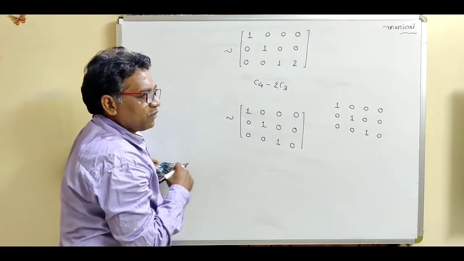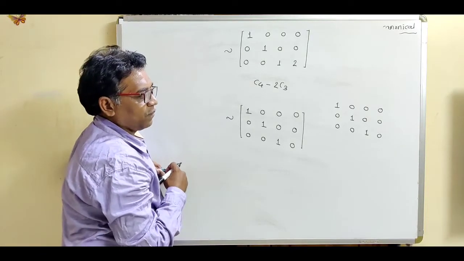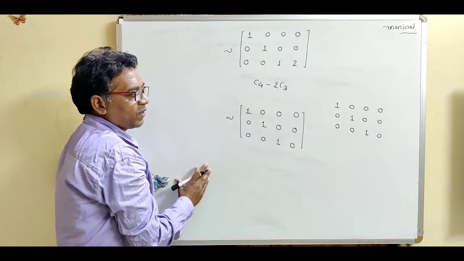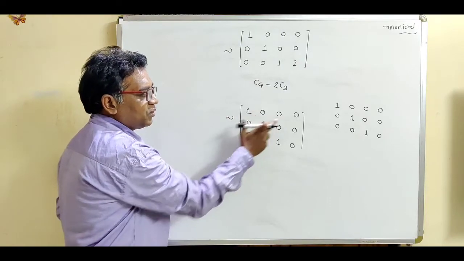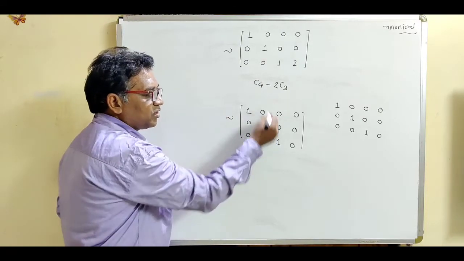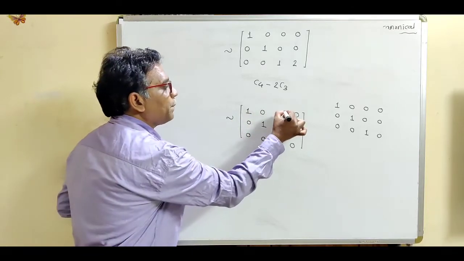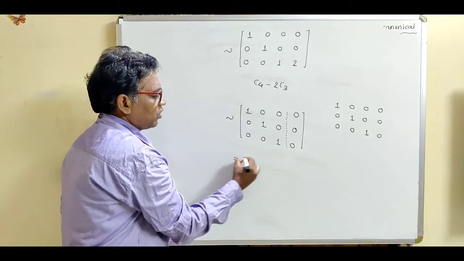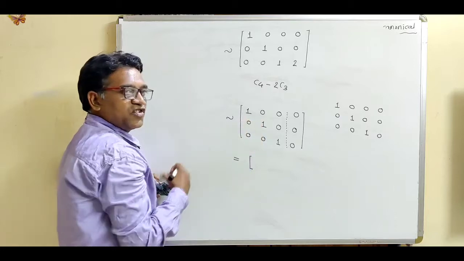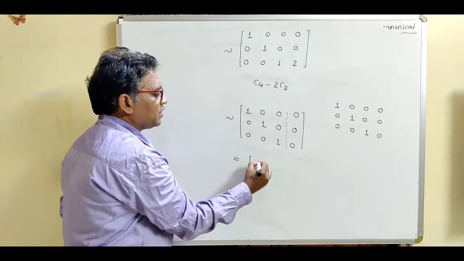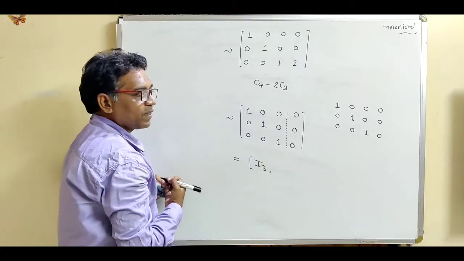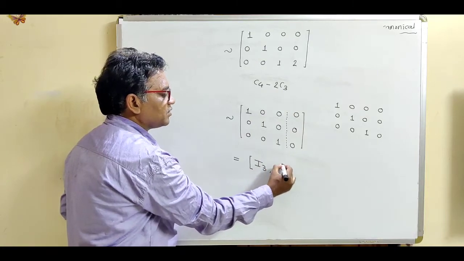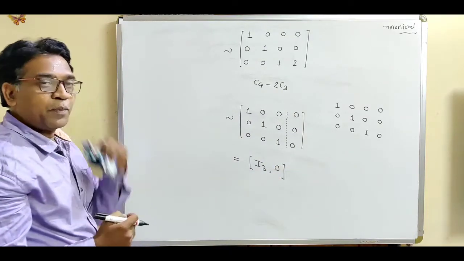So see, this is the process for finding the normal form or canonical form. Now see what is the last step. Just separate the unit matrix. Now this is the unit matrix: 1, 0, 0, 0, 1, 0, 0, 0, 1. So this is the unit matrix of order 3. So separate this unit matrix by taking some partition. So what is this form? There are two partitions. This first component contains the unit matrix of order 3. This is I3, and this second portion contains the 0 element.